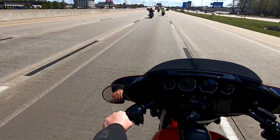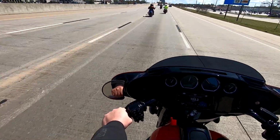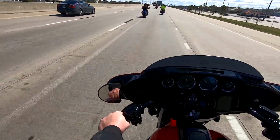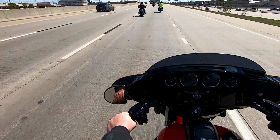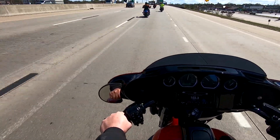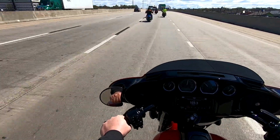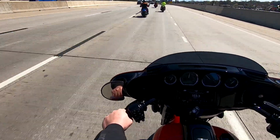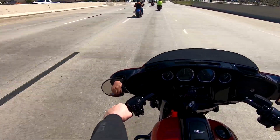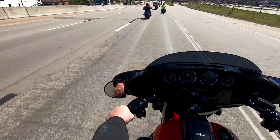On highway speed, the bike was incredibly controlled. It was just effortless gliding at about 2,000 RPMs. I kind of feel like at 65 miles an hour, that 2,000 was a little low. It had a little bit of vibration to it, but once you pick it up to about 2,200 RPMs, man, it was just sailing. And anytime I would go up into the 70 mile an hour range, it was just very, very happy in top gear,